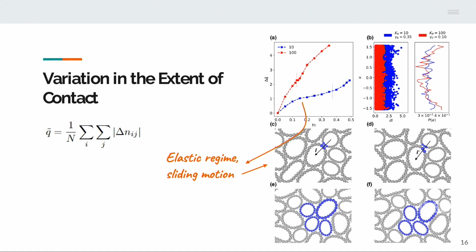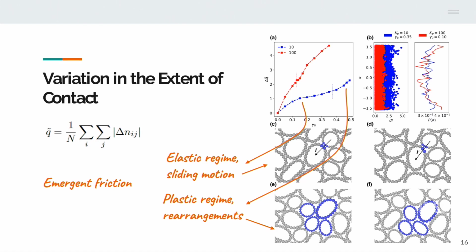So sliding motion as well as rolling motion, and also there is some caged motion happening. So the two particles move apart short distances, and then perhaps they come back again. There is no rearrangement happening there. So those kind of events happen, and also this rolling and sliding motion. And in the plastic regime, we have these as well as now rearrangements or T1 events which are happening.